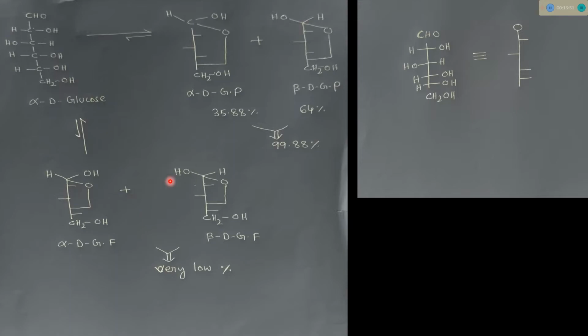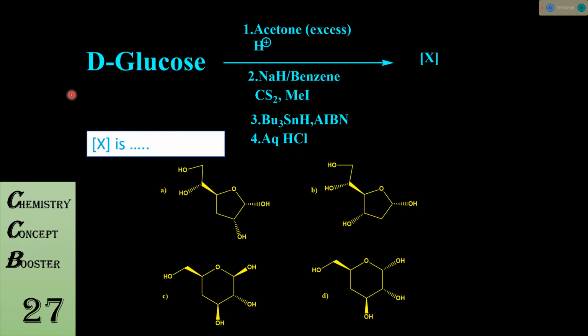So now, what I am going to say, please listen carefully. If we are performing any reaction, taking a reactant, this is a reactant starting material, and we can say these are the reagents. This is a reactant material, this is also a reactant material, but we can say these are reagents. So if we are performing any reaction taking a reactant, if we are using a reagent, so that reagent